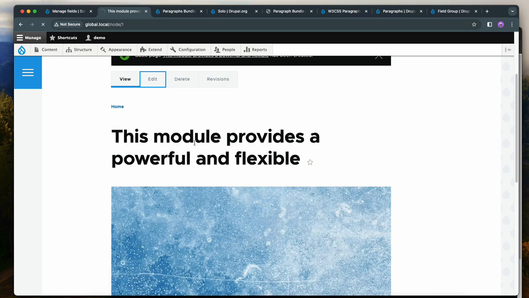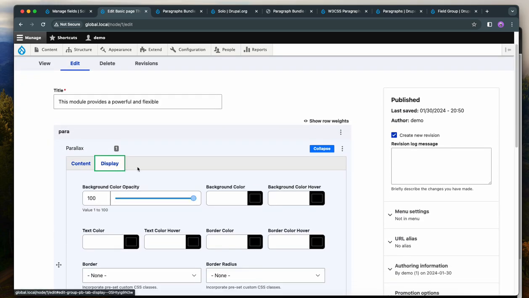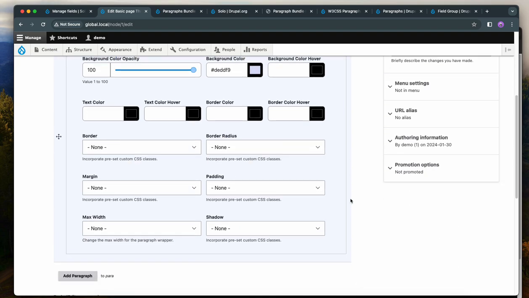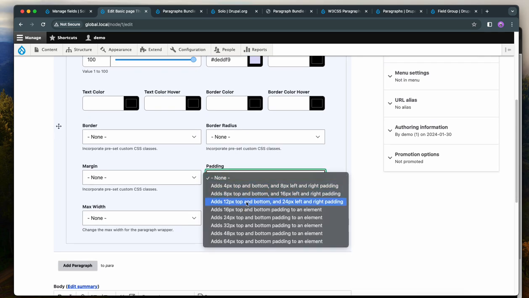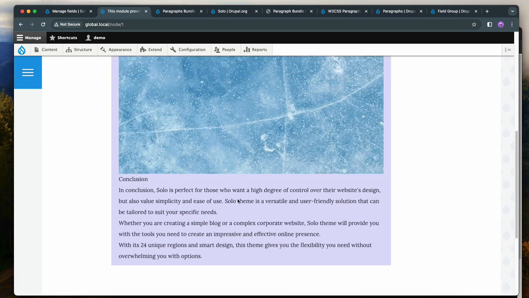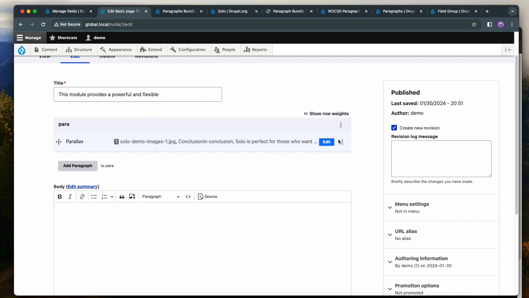But let's add some color or something. You can add color to the parents, you could add color to the child. As I recommended before, with colors, it's always easy to just add to the parent. And if you want a specific color to be overridden, just give it to the child or something like that. And I usually add padding. So this is what you see here. Here it is. So if I click edit